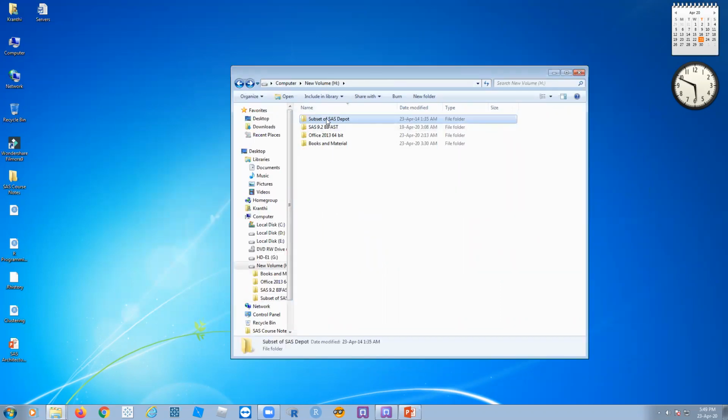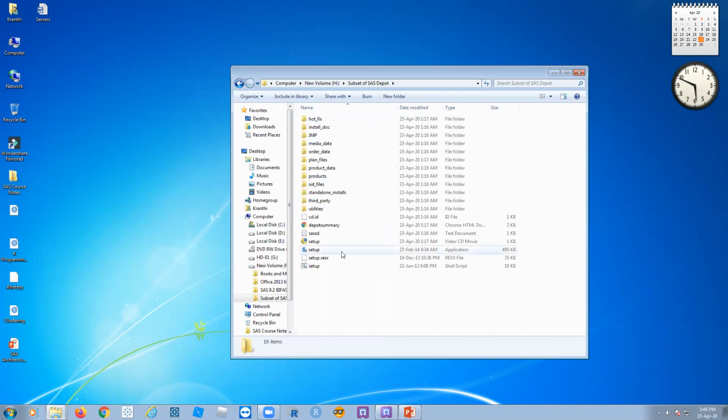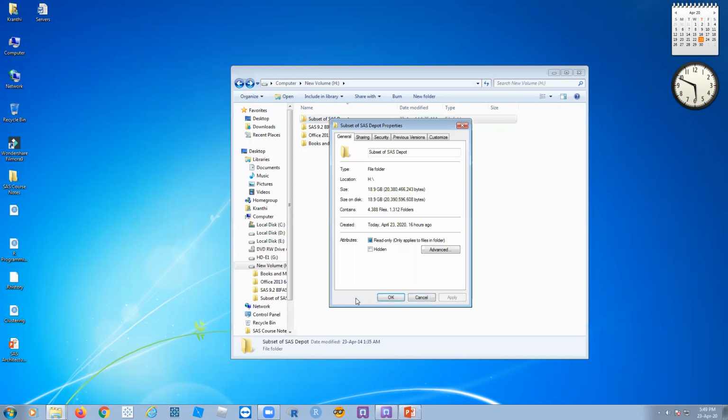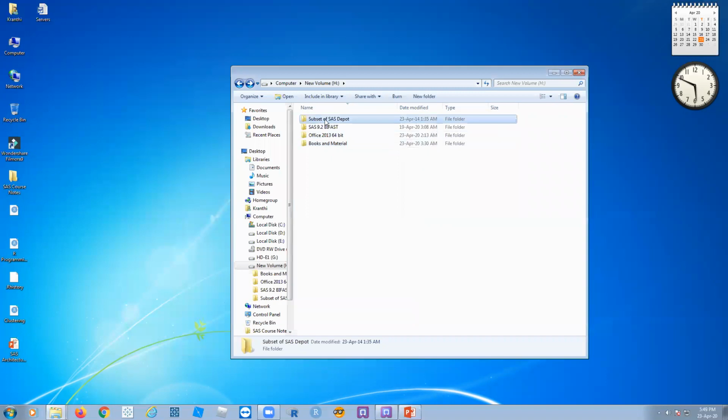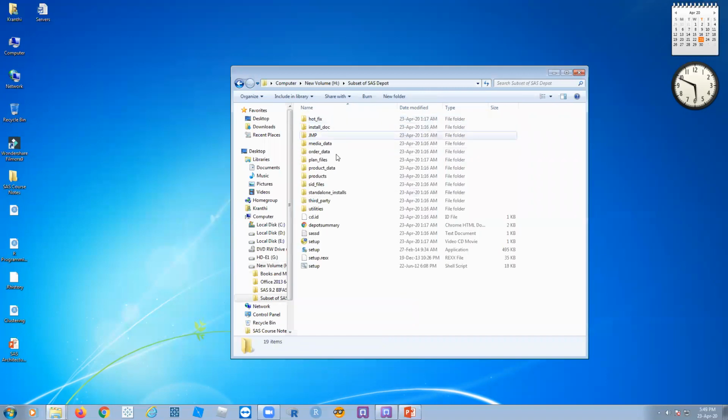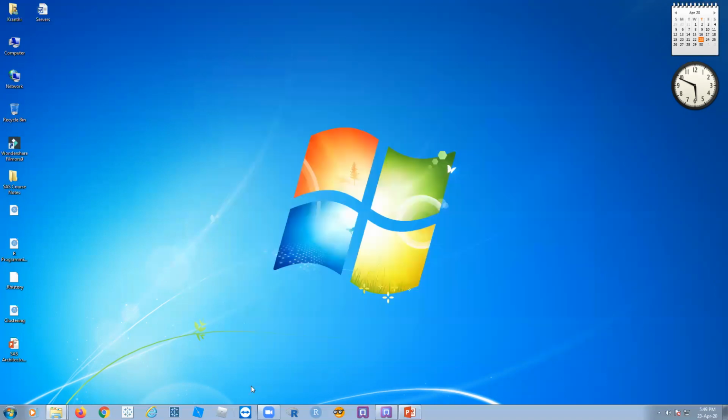So a subset of the SAS depot. In this, we have only the selected software. So I want to install only the data management tools like DataFlux only, or I want to install only the data miner tools only. Then we have to make a subset. Okay. Then that's called deploying. While deploying, you have to select the tools, whatever you want to install. Now it is 22.6 only. So in this 22.6, I just selected a few tools. Okay, that too client and server only. Then when I install this one, it will install only whatever deployed things we selected. Okay, so that's called a deployment.